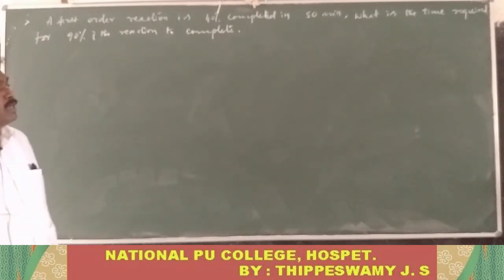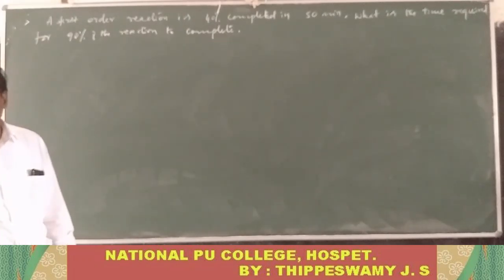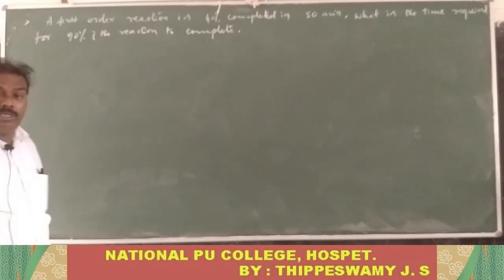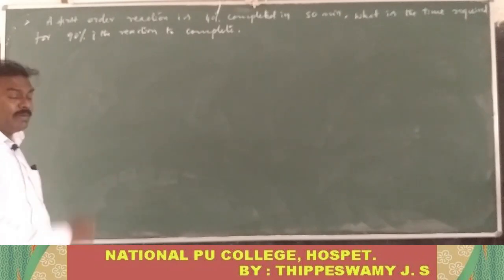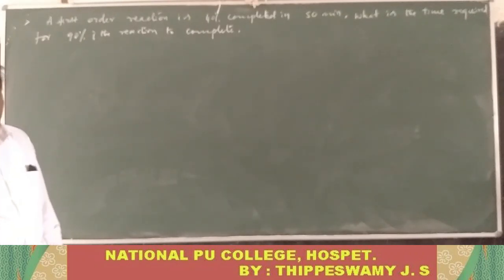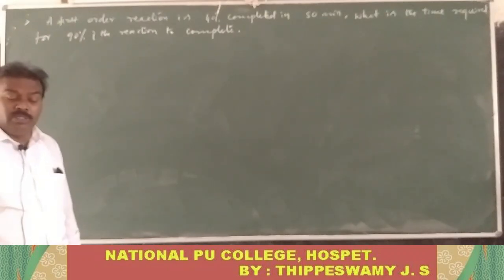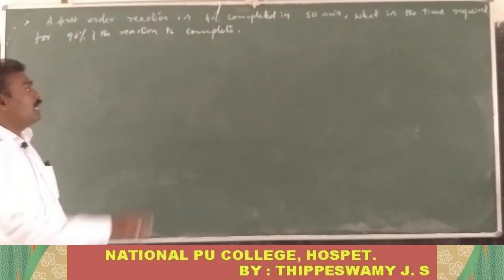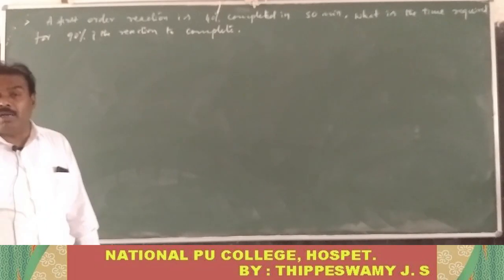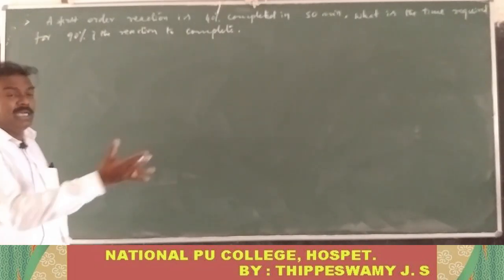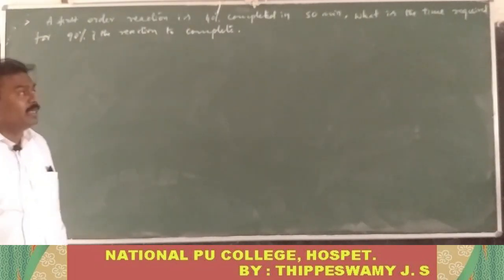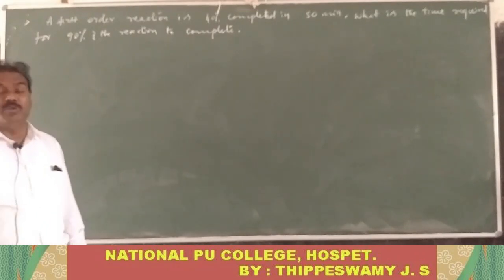You have to study well and carefully complete the numericals, because now if you just write the formula you get 1 mark. If you substitute the correct values you get 1 more mark. On simplification, if you get the correct answer and correct unit, then definitely you will get 1 more mark. That is, 3 marks will be allotted, split into 3 parts. Based on that, we have to complete the numericals.